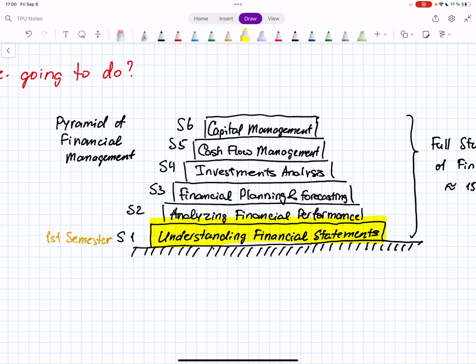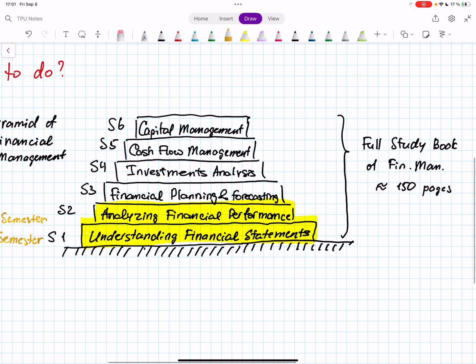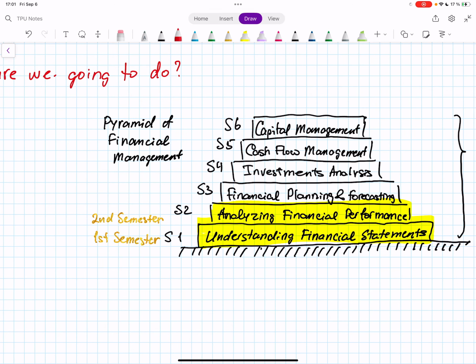If you continue to study it later for 2 semesters, then in the second semester we will study section number 2, analyzing financial performance. So you don't have to study the whole book of 150 pages. We will study about the first 40, maybe 50 pages, understanding financial statements and analyzing financial performance.